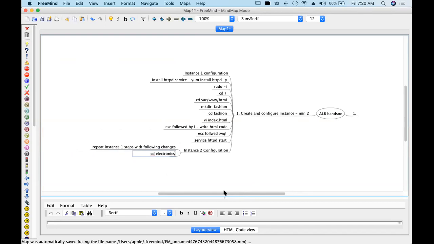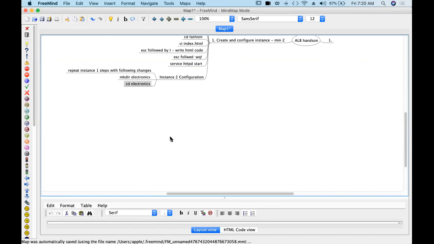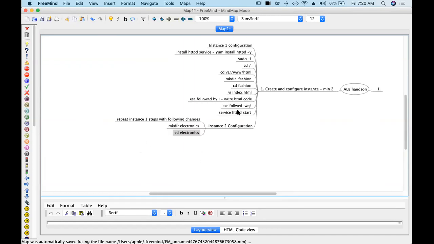That's it. Make dir first, and then cd electronics. These two things, otherwise all the others are same, right? This part done, everyone?